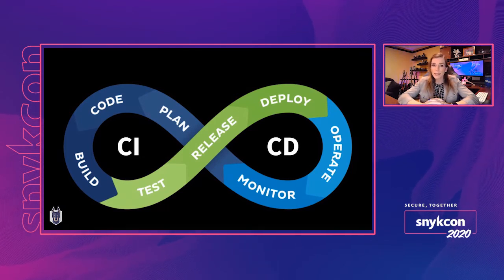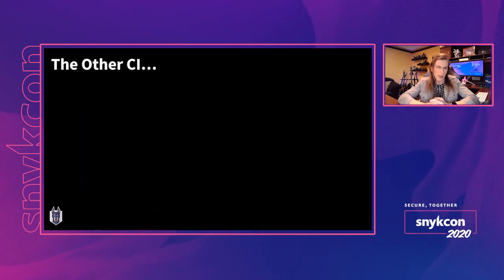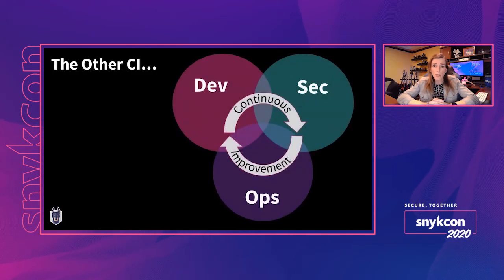So you've got CI/CD, your continuous integration, your continuous deployment. But if I want to bring security into that, I need to focus on the other CI. What do I mean? The other CI. God, well, Alyssa, you got all sorts of weird ideas here, right? Yeah, I do. But the other CI is continuous improvement. We talk about it a lot in the development spaces, but we forget about it when it comes to security